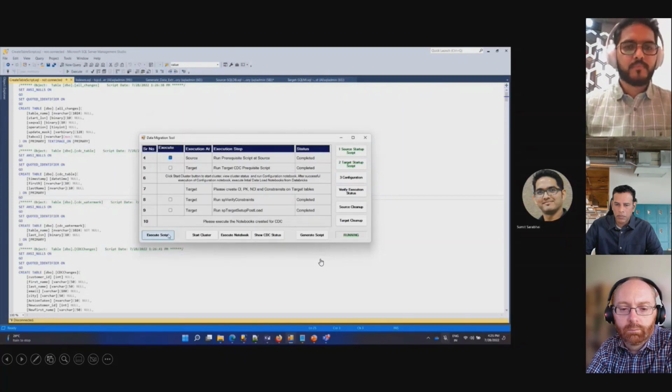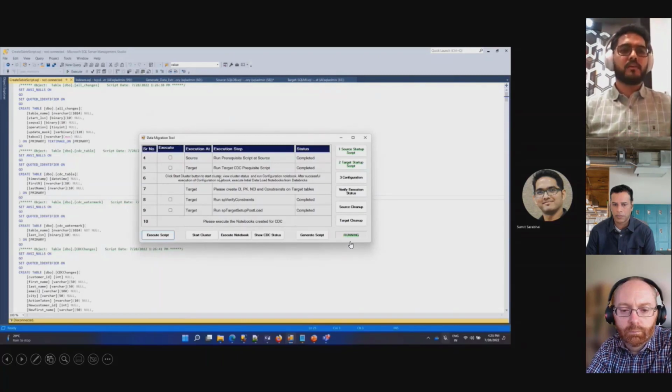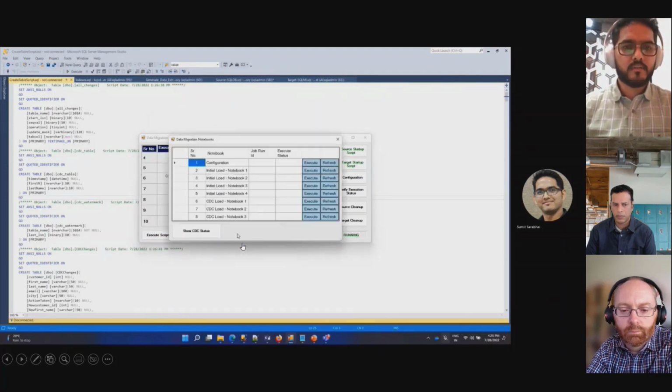Now we will execute step number 4. Step number 4 will basically take the information of the customer's table and punch in some of the metadata information in some more tables on source. Once we click that, the information is persisted on source, and similarly, the same information will be persisted on certain tables on target. Now, at this point in time, we are ready to do a full data load, the phase 1 of this particular tool. Since the Databricks cluster is already running, we would click on the Execute Notebook button,